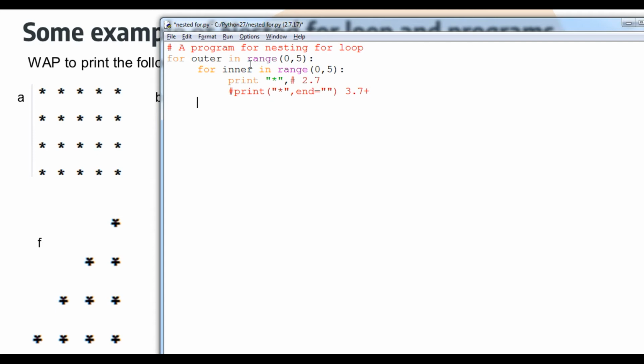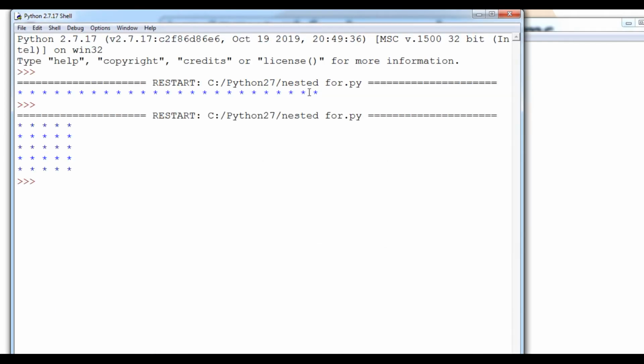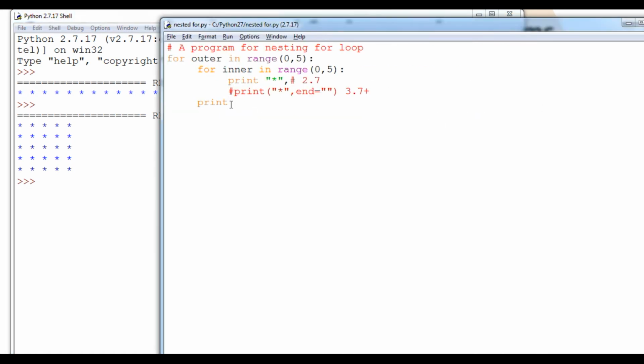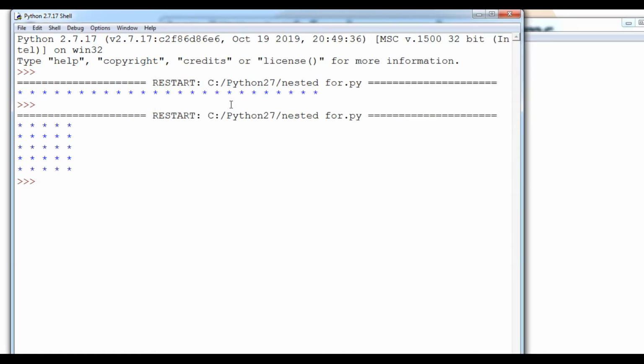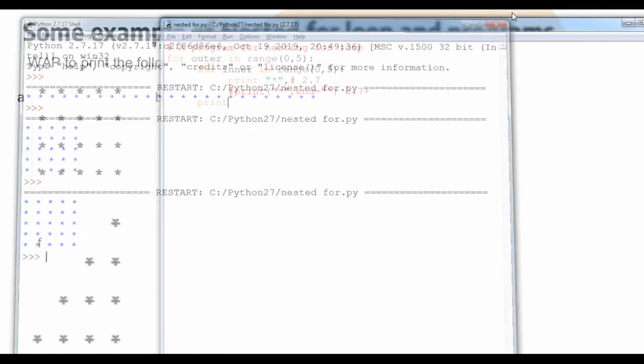So what I am going to do student, I have to come to the outer loop indentation and I will simply print. So this print will consider a next line. So now you can see that this square has been formed. Okay student, now you can see student, after printing this one thing, this print itself turned as a new line. So if I'm just running it, you can see this output will come.